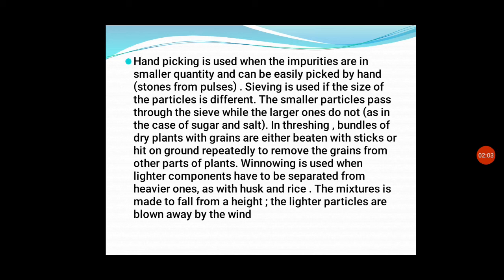Hand picking is used when the impurities are in smaller quantity and can be easily picked by hand. For example, stones from pulses. Sieving is used if the size of the particles is different. Then only we can use sieving. The smaller particles pass through the sieve while the larger ones do not, as in the case of sugar and